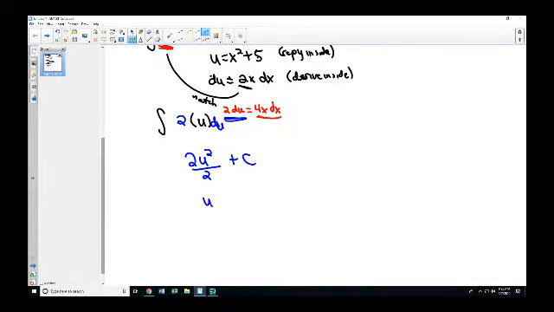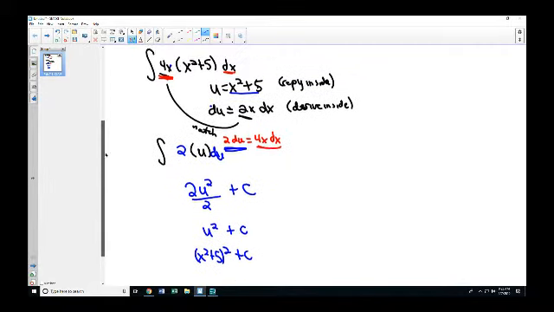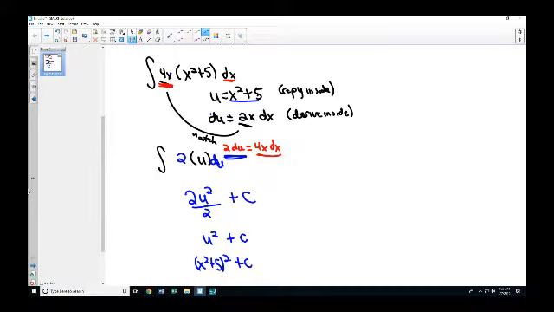And that is u squared. Okay, what was u? x squared plus 5. So now we can replace it with that, x squared plus 5, squared. And we get back to